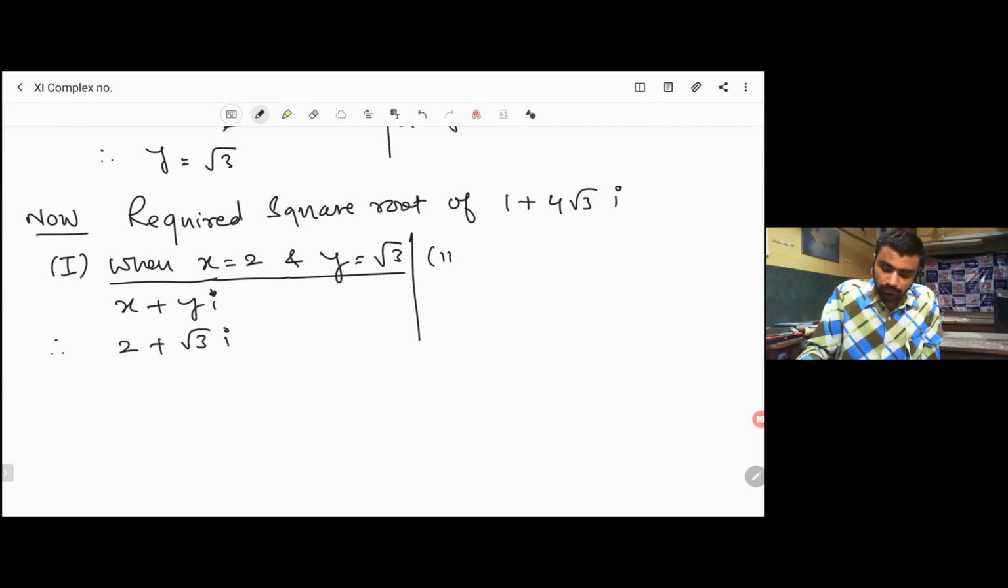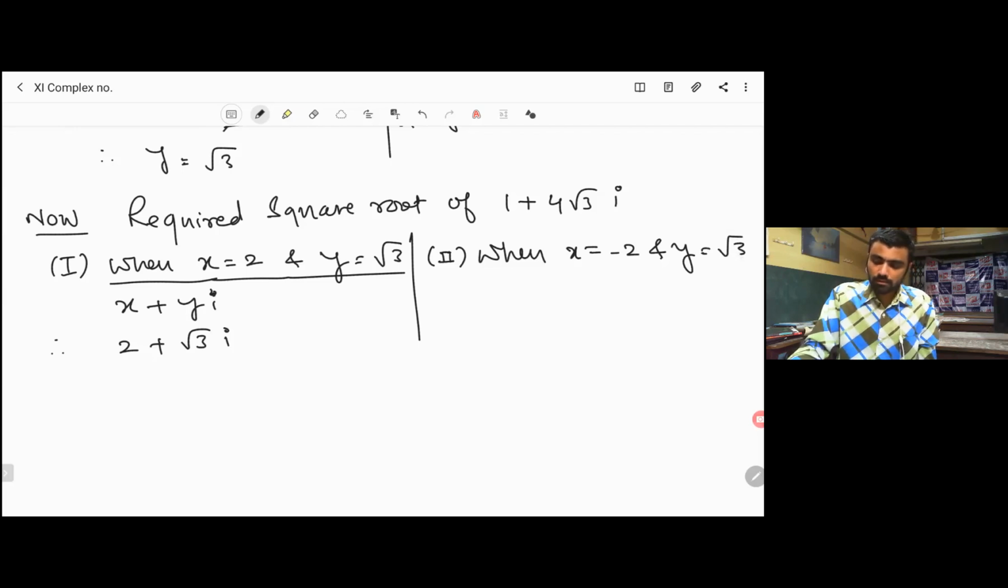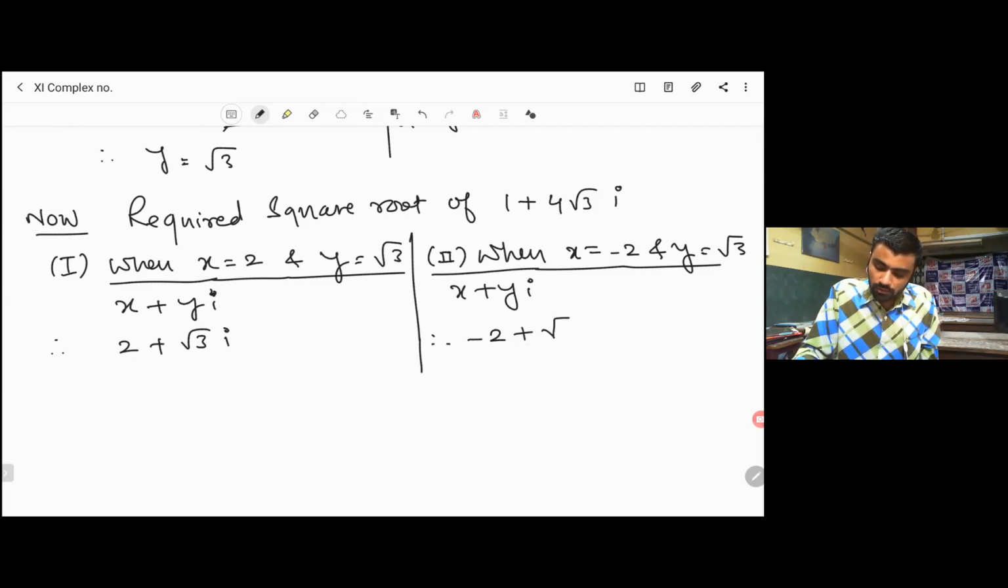और second, when x is equals to minus 2 and y is equals to root 3, x plus yi, therefore it is going to be minus 2 plus root 3i. और अभी इसमें से आप देख लो, ये आपको दोनों स्क्वायर रूट मिलता है. अब आप देख लो इसमें से मैं